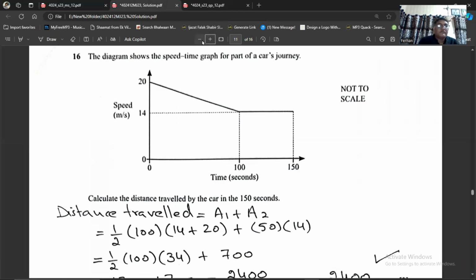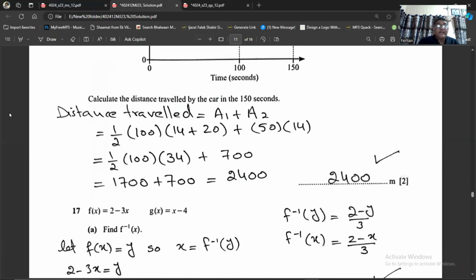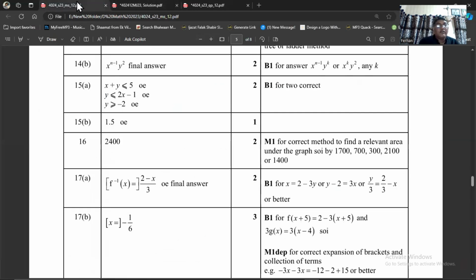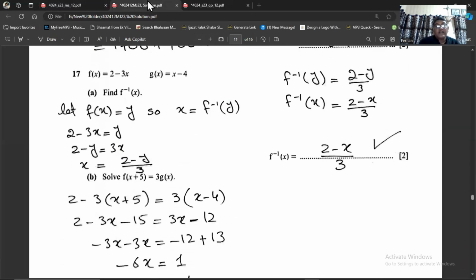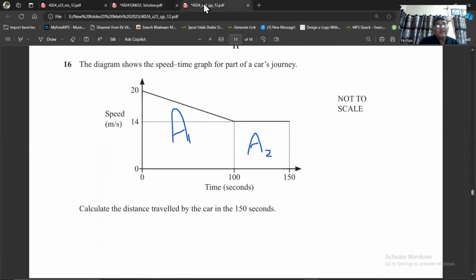2400. Okay. Area of the trapezium plus the area of that rectangle, 2400 is the answer, which is the right answer, sir. Okay, so we are going to the next question, and the next question coming up on your screen is question number